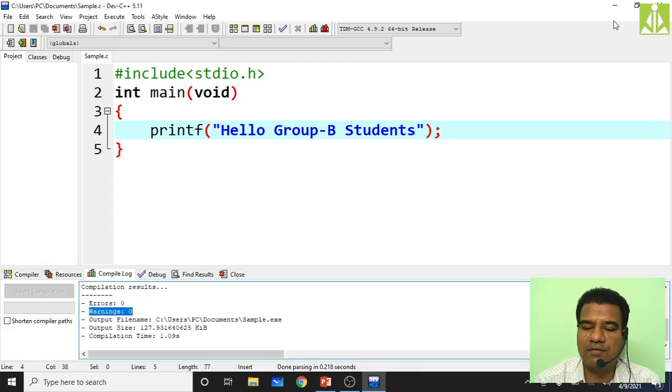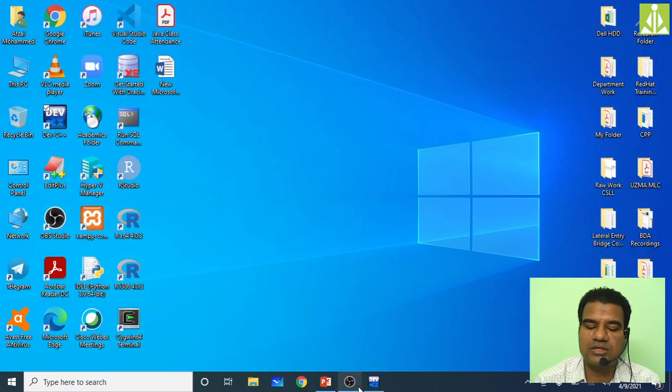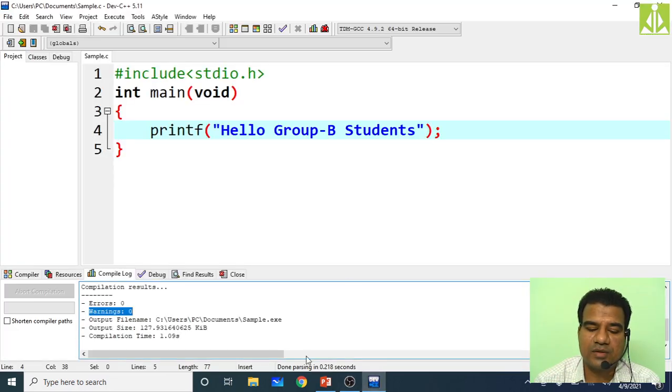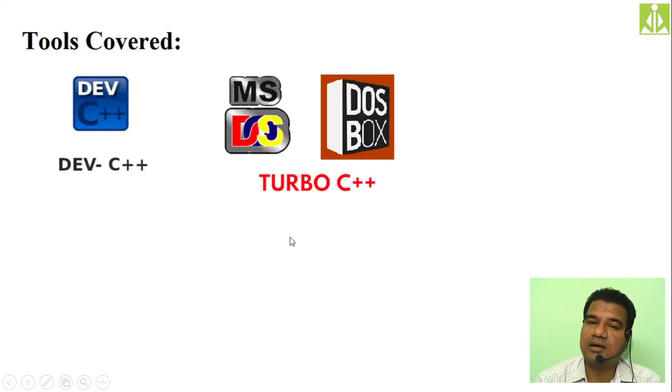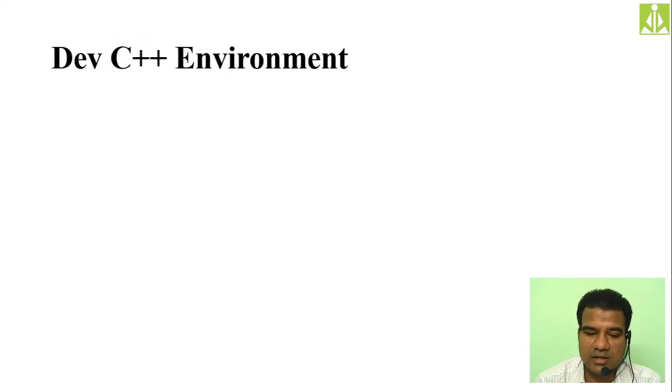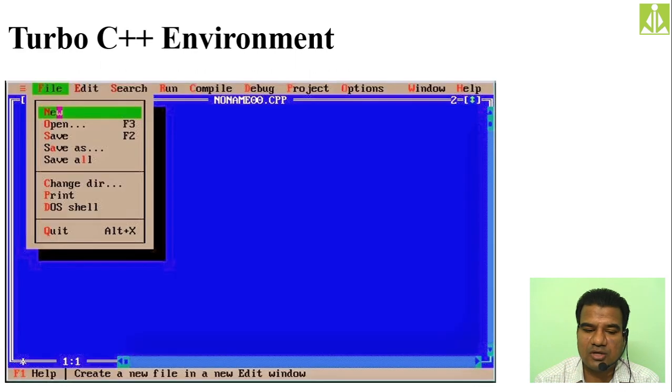In that way, we do more and more logic processing, what we call program development, in our regular classes. So for the Dev C++ environment, we already got an idea. The Turbo C++ environment will be something like this, a blue screen with a menu bar.